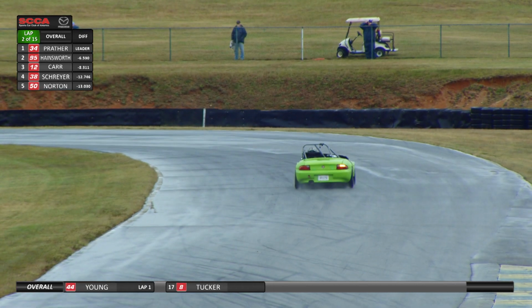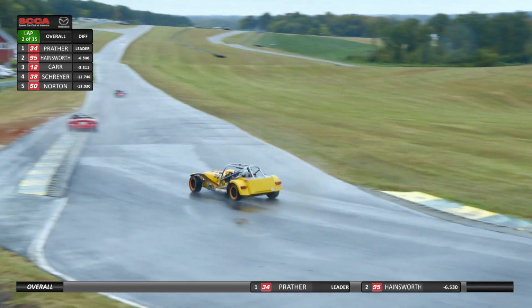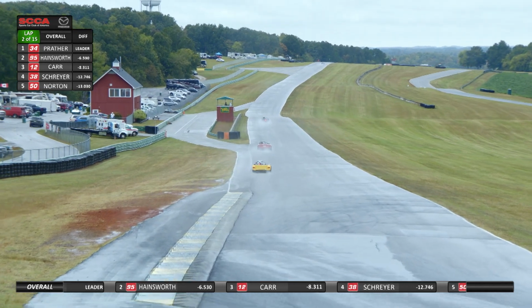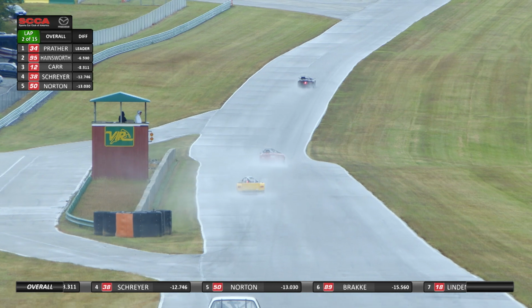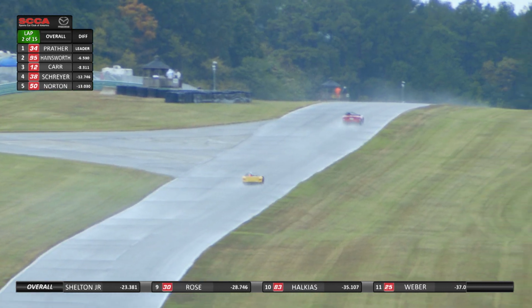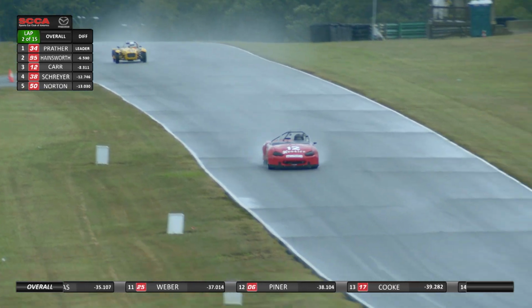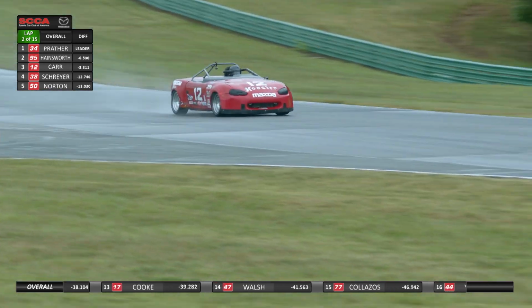He's had that one there at turn number 1 where he got off into the grass but was able to get back going again as the car of Peter Norton looking strong. We've got a couple drivers who can clinch. Actually, Peter Norton is the only one who can clinch a super sweep. He would be our first super sweep winner. If he wins this race and Lindenhall finishes 6th or worse and Tucker finishes 3rd or worse, he could clinch a super sweep. Again, he's got to rely on some help, but is certainly not out of contention just yet